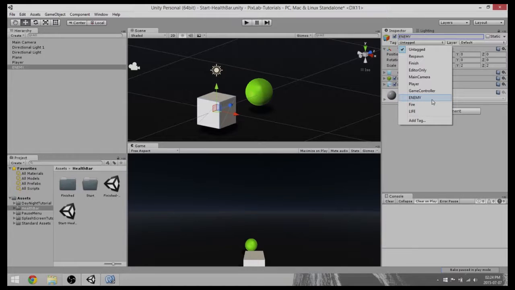If you don't have these tags, the script will not run, because we are checking for the tag once you collide with a collider. So we're setting up the enemy tag here. I'm going to show you guys how to add a new tag. If you click on the tag element there, drop down box, and you go down to the bottom, you